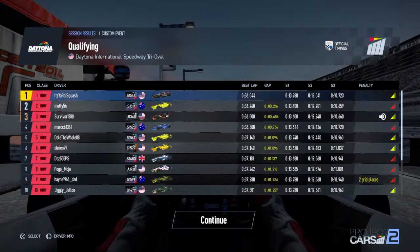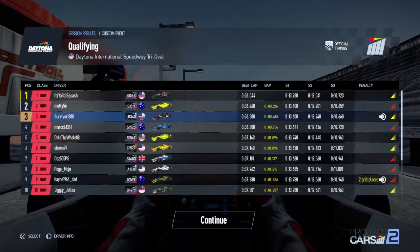International Speedway. In the Hydroxycut number 11, It's Your Boy Squash with a 36.044 will take the bonus point. He will start on the pole, starting on the outside of the front row. Muttley 56 with a spectacular run in the number 22 Menard Chevy. Starting third will be Survivor in that Doom number 7 car. He'll be on the inside of row 2. Starting fourth on the outside of row 2 is the Aussie Mark C in the preferred car in the blue,